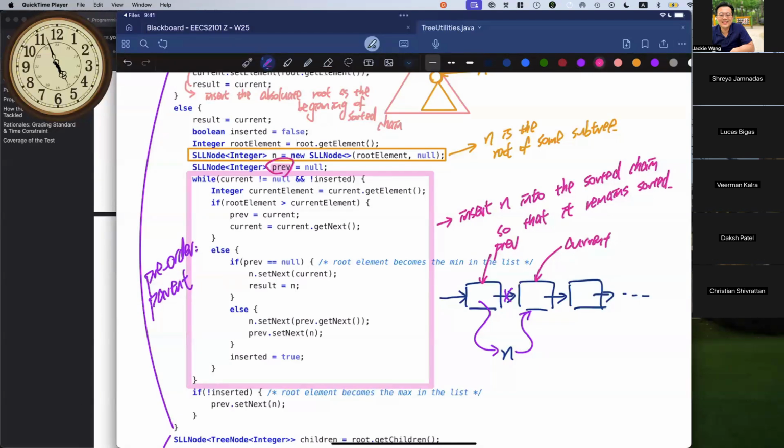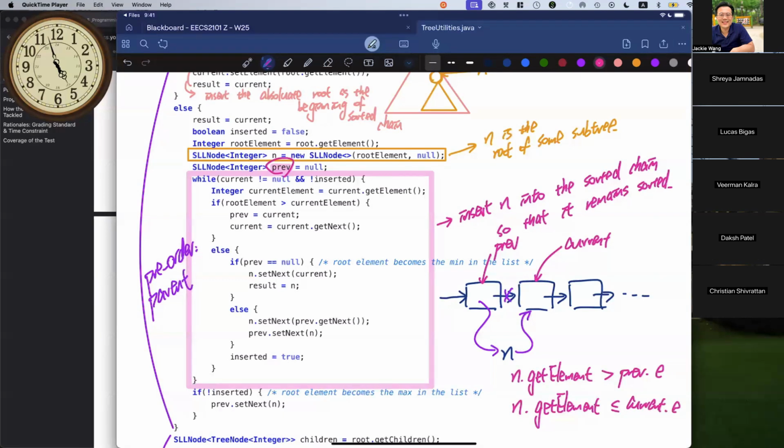The property would be that n dot get element should be larger than the previous dot get element, and also n dot get element should be less than or equal to current dot element. Of course, that's not exactly the right syntax.